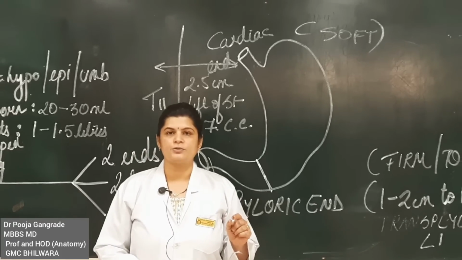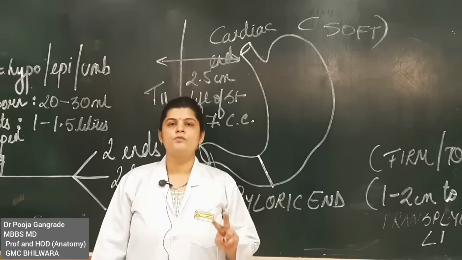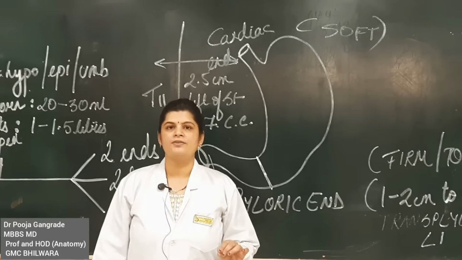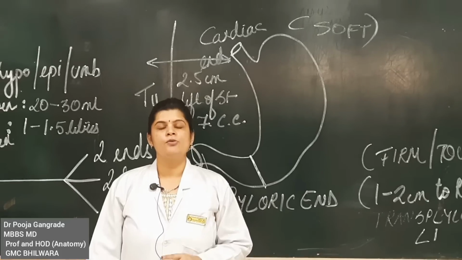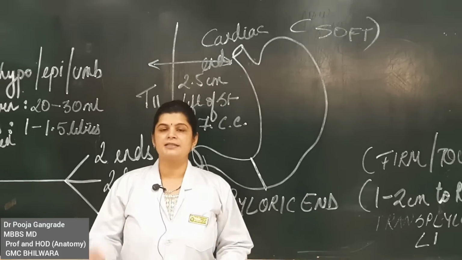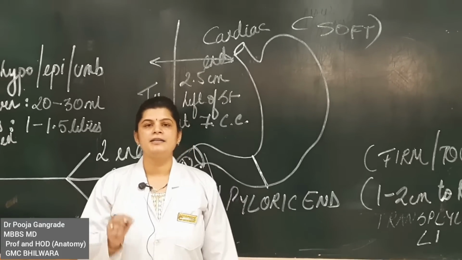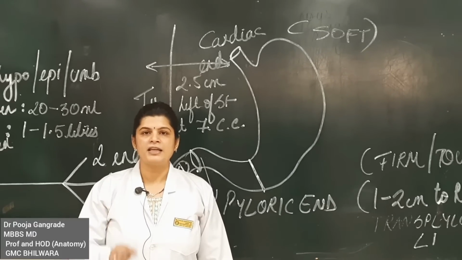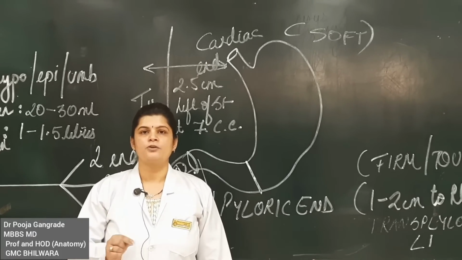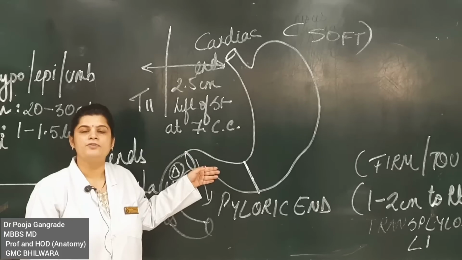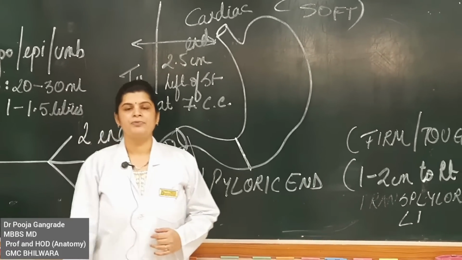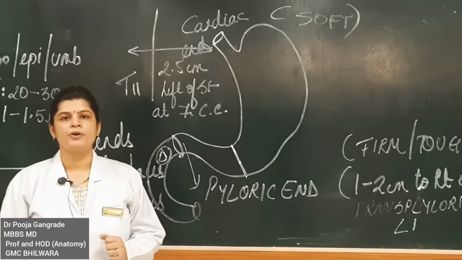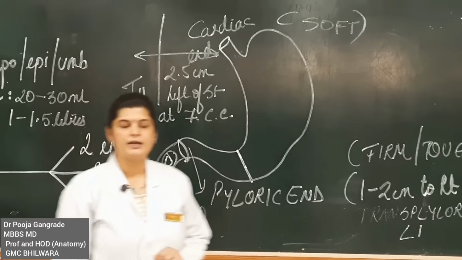So this is just a small example for you to understand that once you have the stomach in your hand in the examination hall, if you are confused, the 2 points that you need to see for is, one, the upper end should be soft, the lower end should be firm, plus the lower end you might find certain stains of green color which are nothing but that of bile, because this part of the stomach is overlapped by the liver in front. Okay.